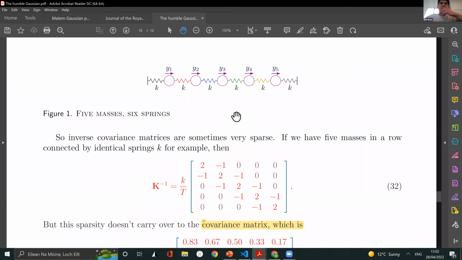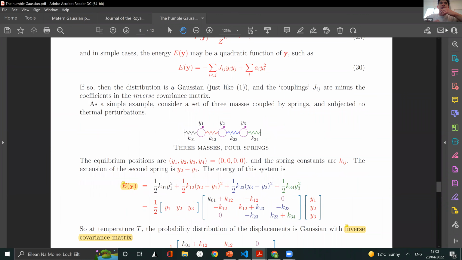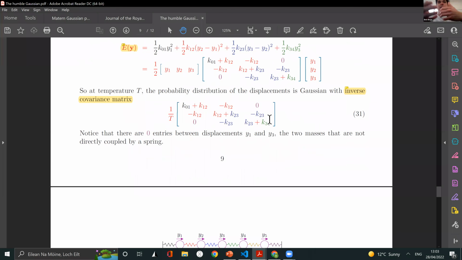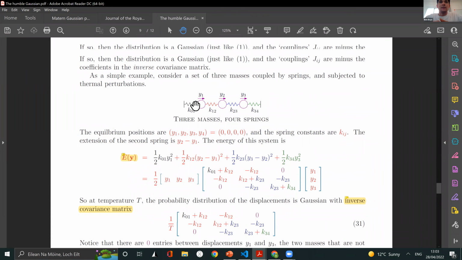Here is an example from David Mackay's lecture called The Humble Gaussian Distribution. It's from around 2006, and there's a talk that goes with this that I'd recommend watching if you can find it on YouTube. If you have some masses in a heat bath, so it's vibrating away, and the displacements of these springs are y, the outputs,